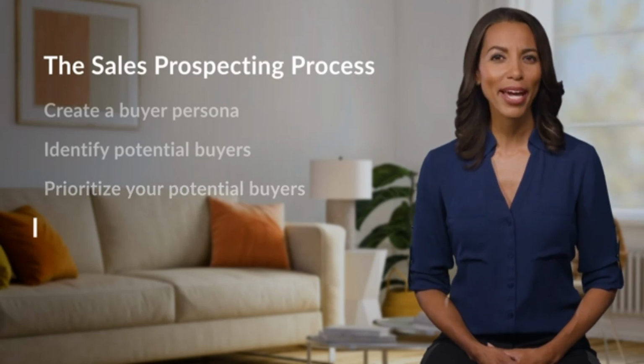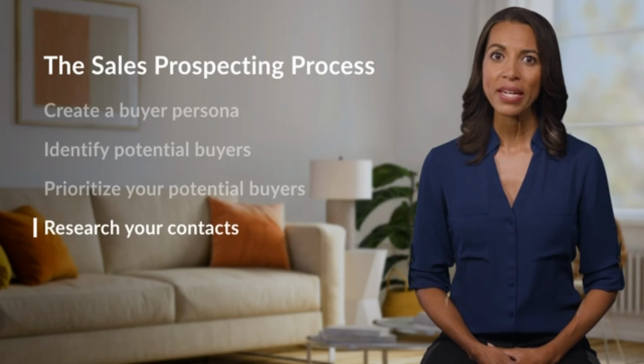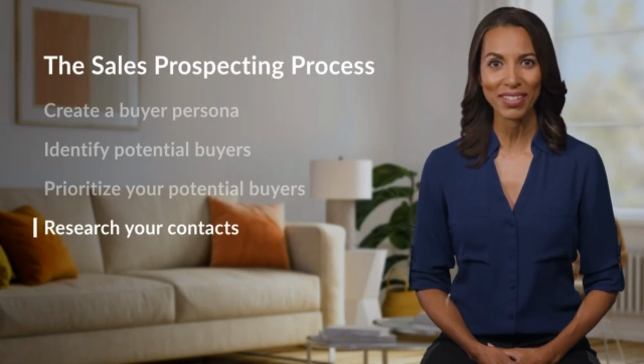Next, do some extra research on your high priority contacts. Your goal here is to get to know them a little better so that you can make a positive first impression. The more you know about a person or company, the more likely you are to build a relationship. Read through a company's website, research its biggest competitors, and scroll through a potential buyer's professional connections and social media